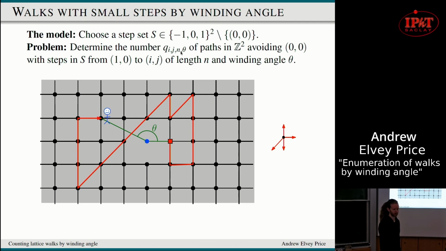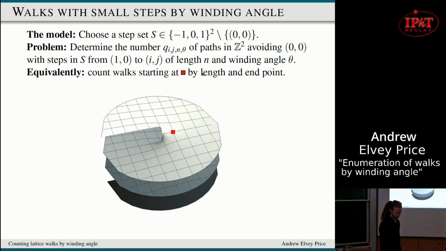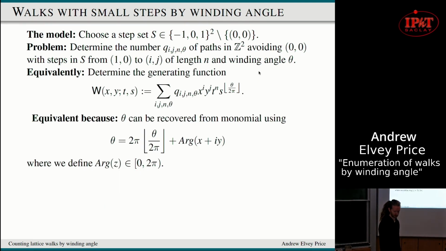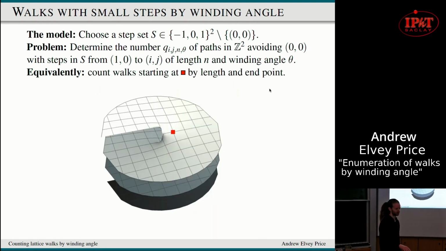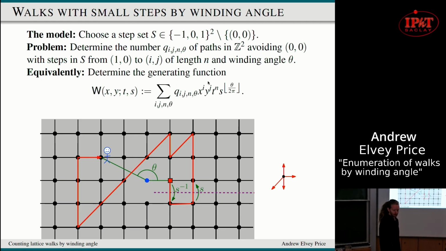Okay, so we have now four variables: one for the x-coordinate, one for the y-coordinate, one for the length, and one for the winding angle. So this a priori is a bit inconvenient because theta is a real number and not an integer, but equivalently we can think of walks on this spiral thing. But yeah, to get rid of the fact that theta is a real number, we